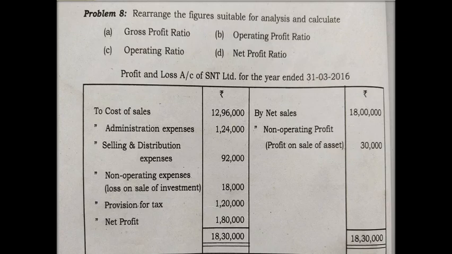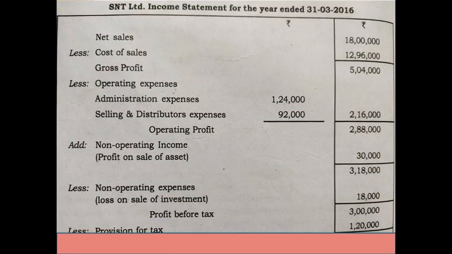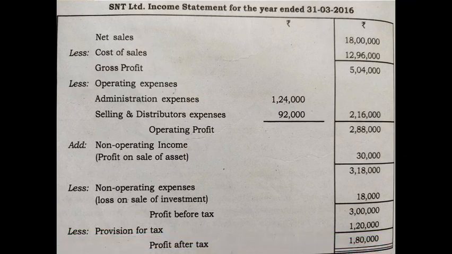In such a situation, it is implied that whenever a percentage rate is given and there is no information regarding the amount, just multiply that percentage with this amount, because the tax is always paid on income earned. Here the profit before tax is the income earned. So whenever a rate is given, just multiply it with this income, and you will get the tax amount. Otherwise, if the amount is given in the question, you can directly use that amount. So profit before tax less provision for tax 1,20,000, you finally get the profit after tax.